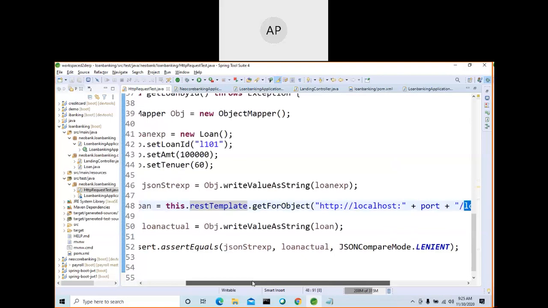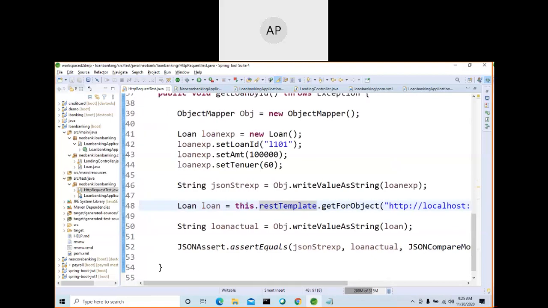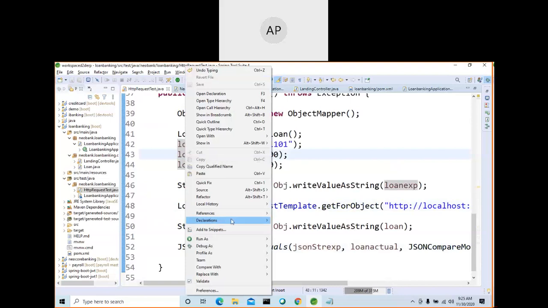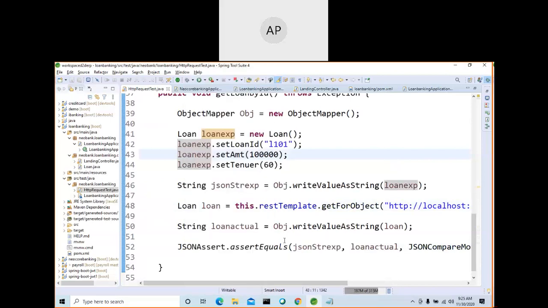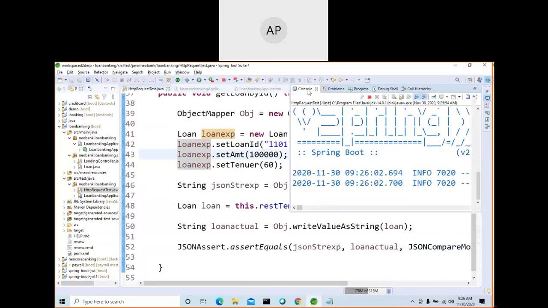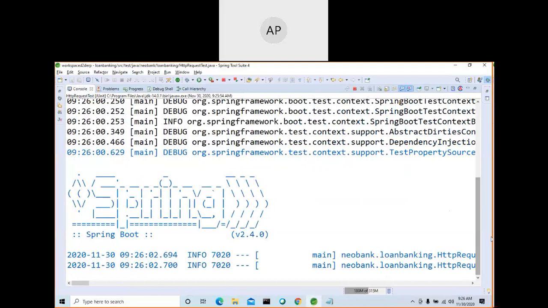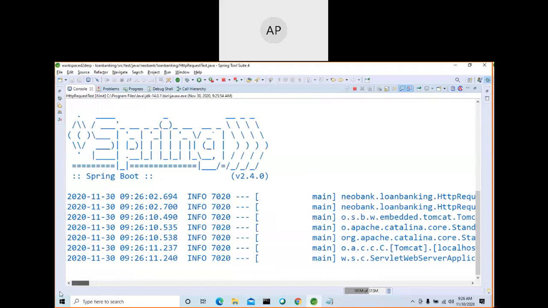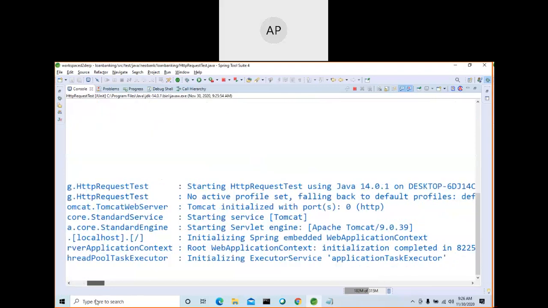Okay, this will call the URL which has only slash, and this will call the URL which has slash loan, this one, loan by ID, and this will check. Okay, let me try this one. So your REST API,